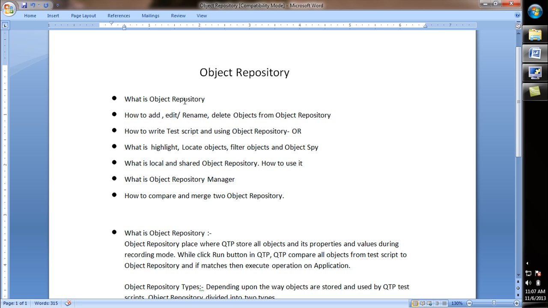Today we're going to see a topic called object repository. What is object repository? How to add, edit, and delete objects from the object repository. How to write a test script using the object repository. How we can highlight, locate, and filter objects from the object repository, and what is Object Spy, which is a very important topic,